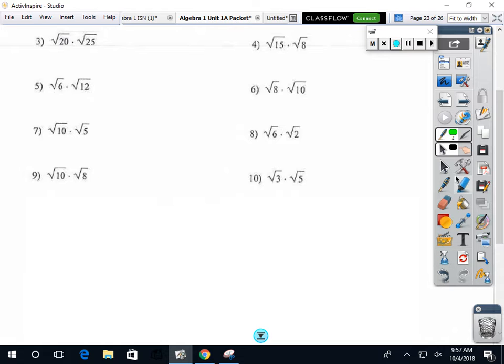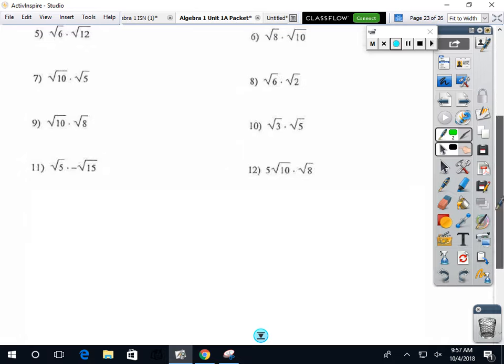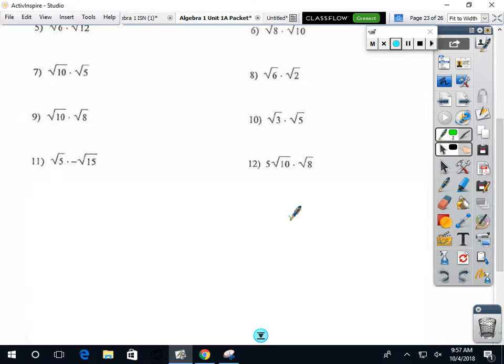All right, number 11. This time we actually have something on the outside. What is this on the outside? A -1, right? And there's also an understood 1 over here, but until now, it hasn't mattered that there's understood 1s out there because a positive 1 doesn't have to be written. But now that a 1 times a -1 makes a -1 on the outside, it does matter. And then 5 times 15 makes